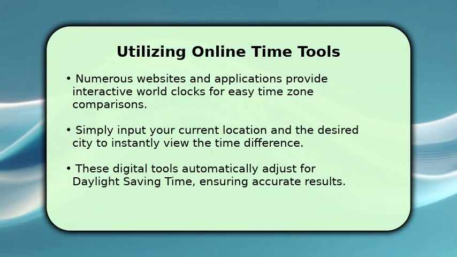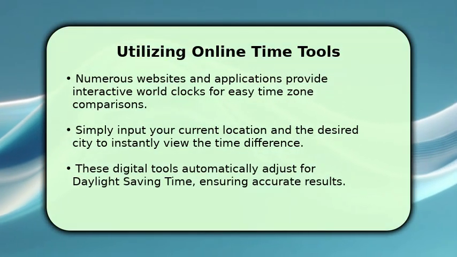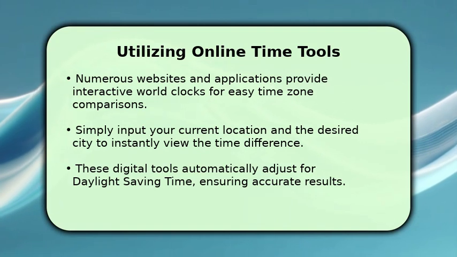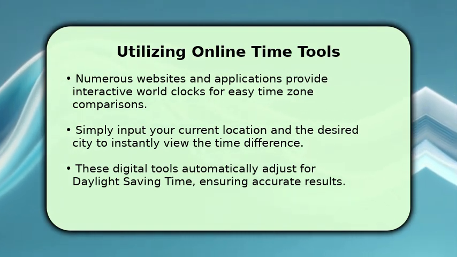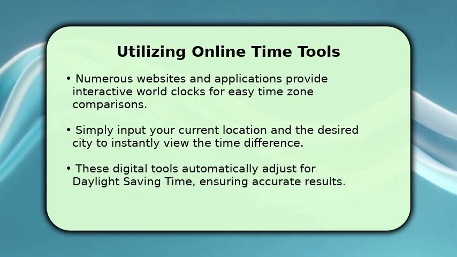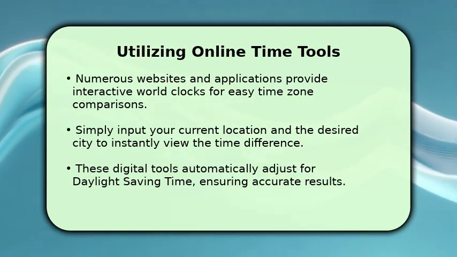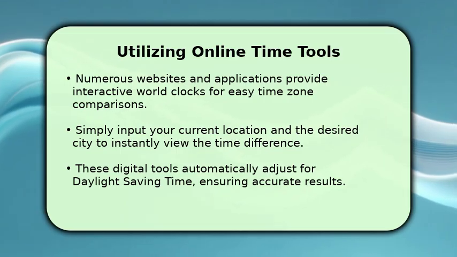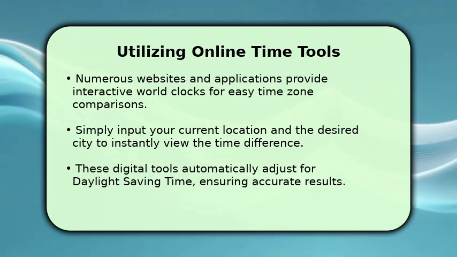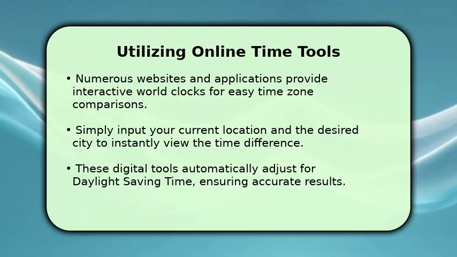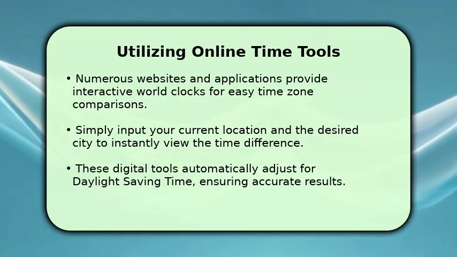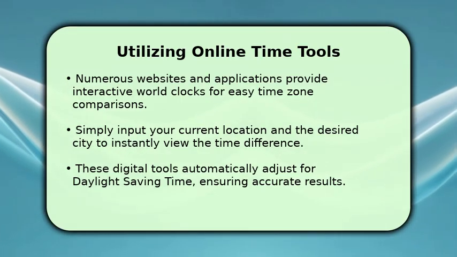In today's interconnected world, utilizing online time zone tools is incredibly convenient. Many websites and smartphone applications offer interactive world clocks that simplify comparing times across different regions. You just need to enter your current location and the city you're interested in, and the tool will instantly display the precise time difference. These smart tools even account for daylight saving time changes automatically, providing you with reliable information